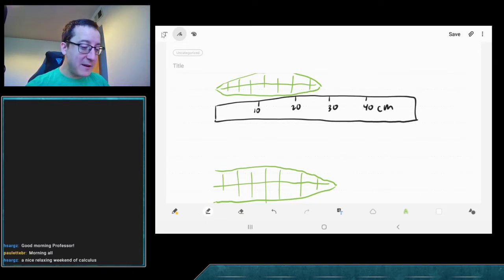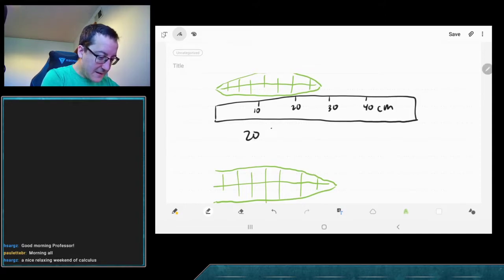So let's say we wanted to measure this leaf, because we are no longer in chemistry, we're doing biology now. And we had this ruler. Apparently it's 50 centimeters long or so, and it has 4 tick marks on it, each of them being 10 centimeters. So if we were to take a look at this leaf and try to measure its length, assuming that it's lined up properly, which I tried to do with my drawing here, we can see that this leaf